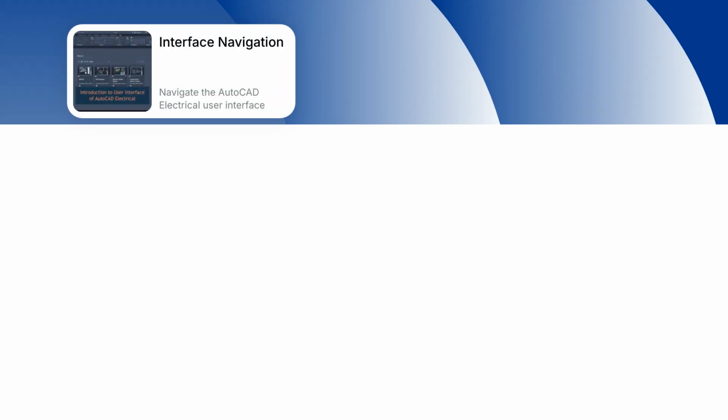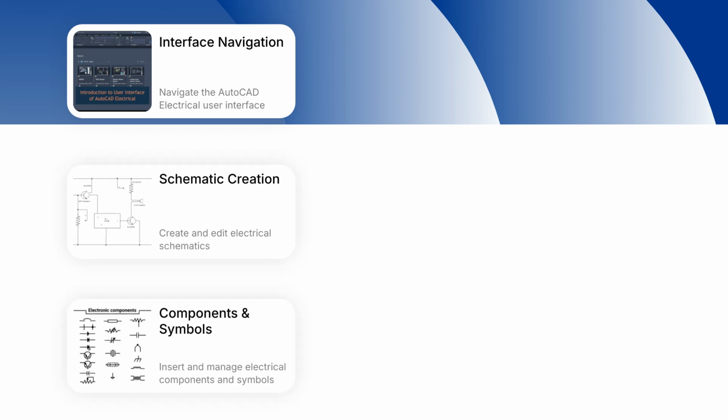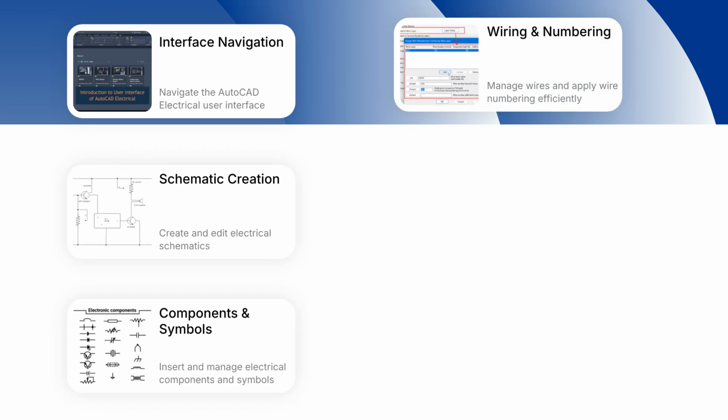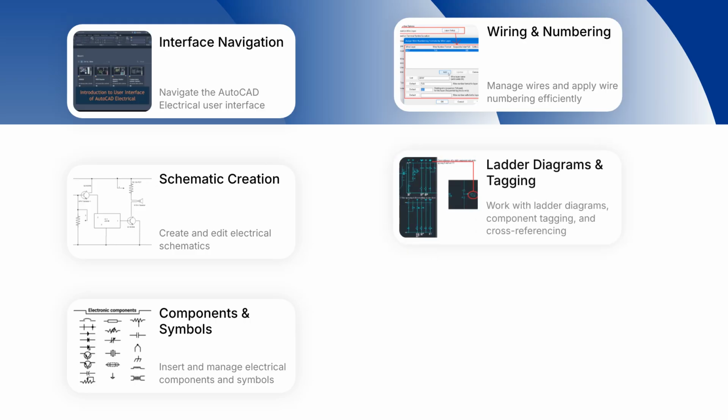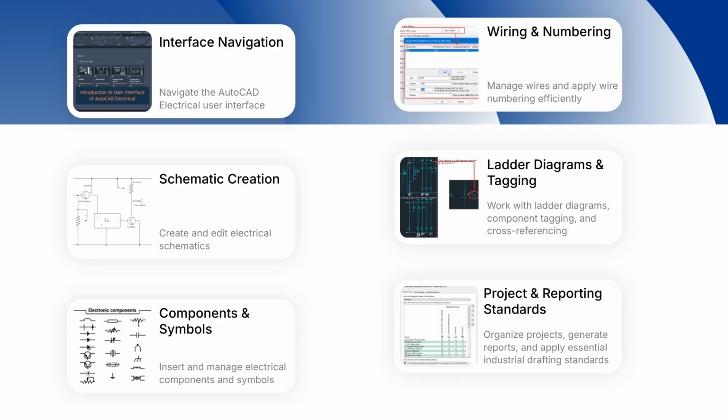What you'll learn. Students will learn how to navigate the AutoCAD Electrical interface, create and edit electrical schematics, insert components and symbols, and manage wires and wire numbering efficiently. The course also covers ladder diagrams, component tagging, cross-referencing, project organization, report generation, and essential drafting standards used in industrial